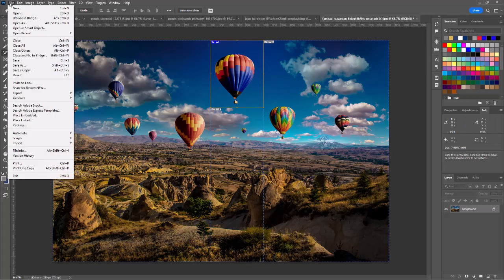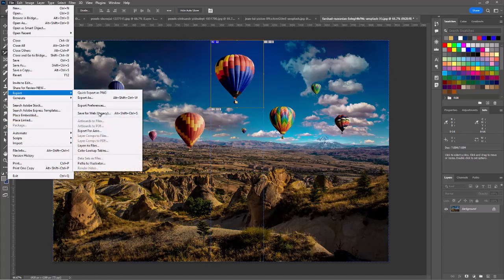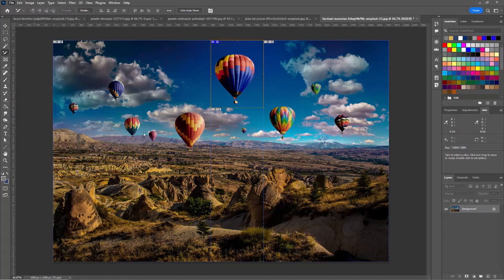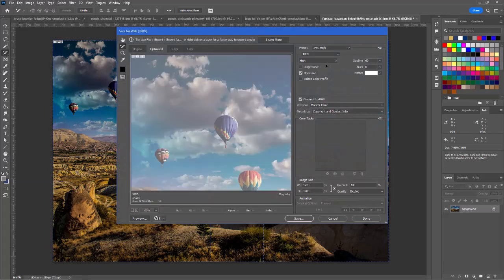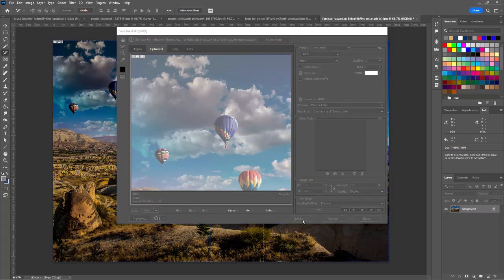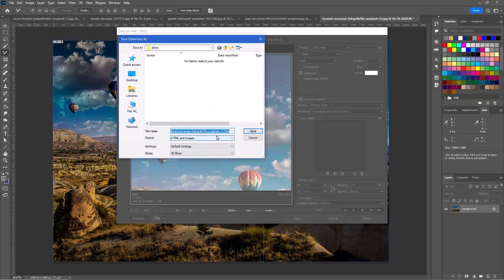To export these files as separate images, we would go to the File menu, go to Export, Save for Web (Legacy). We can optimize these for different formats. I can choose the format that I want: GIF, JPEG, PNGs. I'm going to choose JPEG and then click Save, and I can choose to export the HTML and the images, or just the images, or just the HTML. I'm going to choose HTML and images,